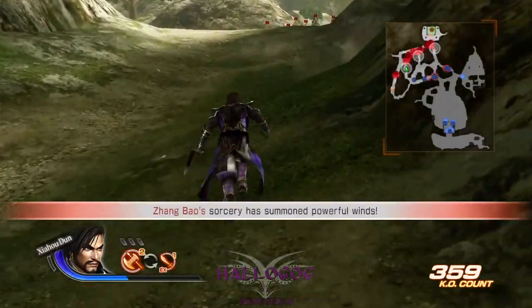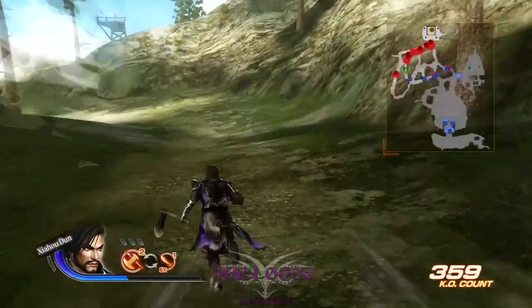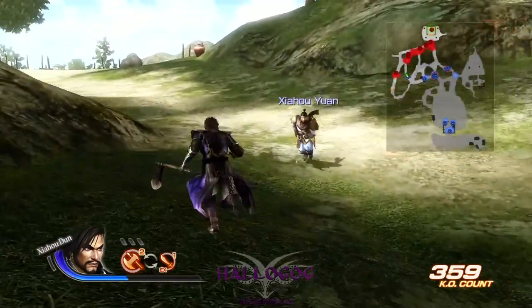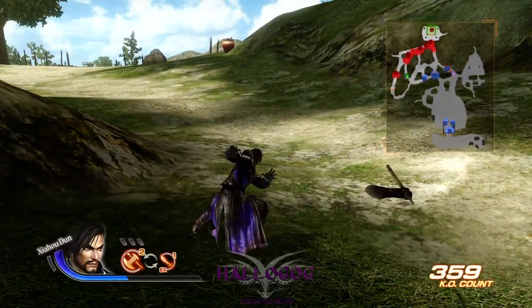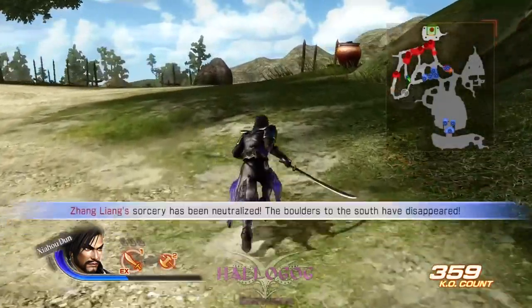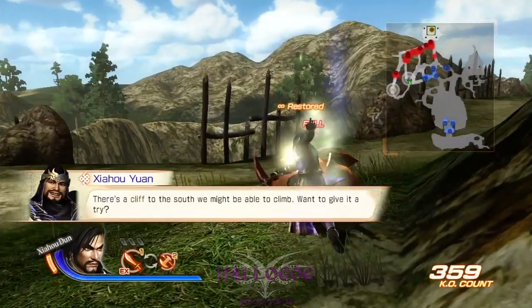As per usual in this Yellow Turban Rebellion, there's always something magical that happens that prevents you from progressing. In previous games there were things like invisible enemies that you couldn't take out. There's a cliff to the south. It's quite weird,